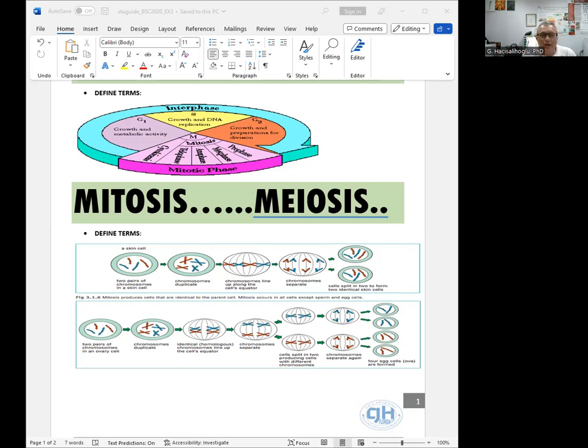As you can see here, when you're studying these two chapters, you need to pay attention to how chromosomes are moving, what their numbers and structure are, and where they accumulate. Like in metaphase, you can see they actually line up in the middle here. For example, if I show you this picture on the test, you need to know this is metaphase, and it comes after prophase, and after metaphase there is anaphase.